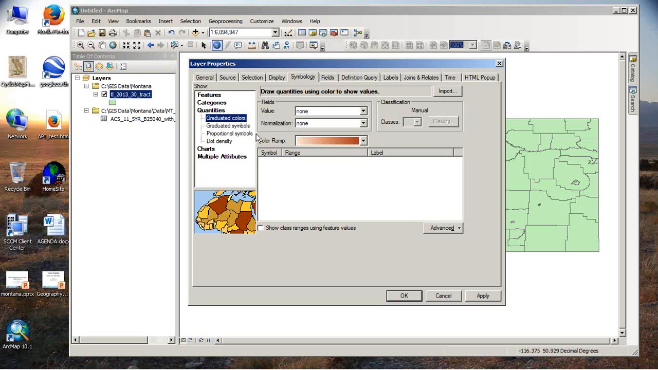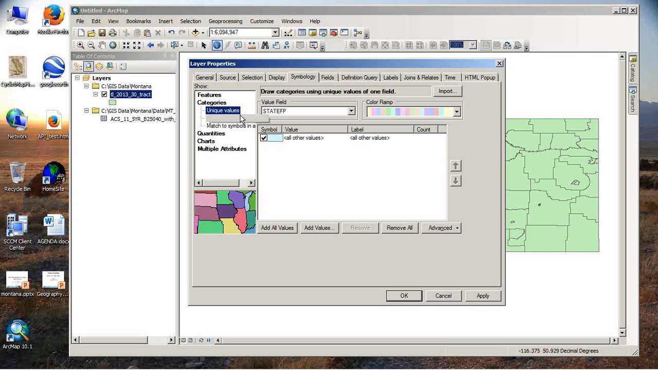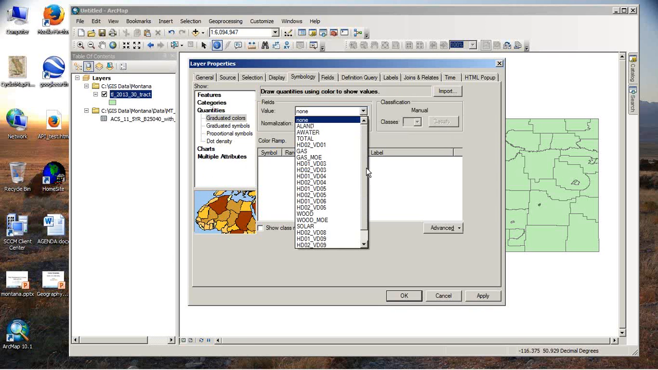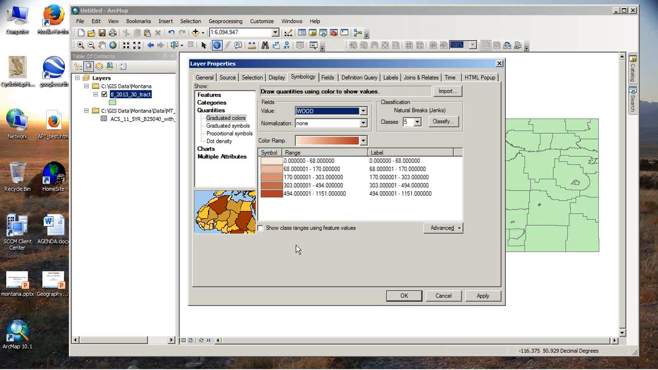And I'm going to do, is that what I wanted to do? Yeah, it was. I'm going to choose graduated colors, and I'm going to do wood, because I just like wood-fired stoves and cabins and whatnot. Now, this is the total number, and I can map that. And it's somewhat useful if you're interested in your,